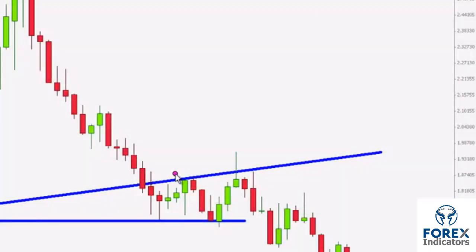Stop loss procedure as far as trading the breakout pullback continuation pattern: you are to place your stop loss above the pullback aspect, meaning right there. You've seen me, guys, trading this type of pattern over and over and over. So if your stop loss was placed up there, this fake breakout candle certainly would have stopped you out. A number of traders got stopped out right there, but immediately after, as you see, price came back down